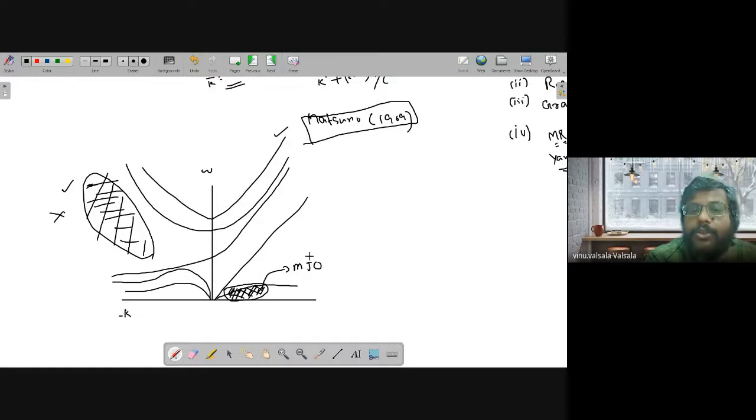We don't resolve it here because the Madden-Julian oscillation is a convectively coupled wave, we can say. We don't have convection, we don't have coupling. Coupling means ocean-atmosphere coupling. Then only we will be able to resolve such waves. So there are waves outside this discussion also. That's what I want to try to tell you.